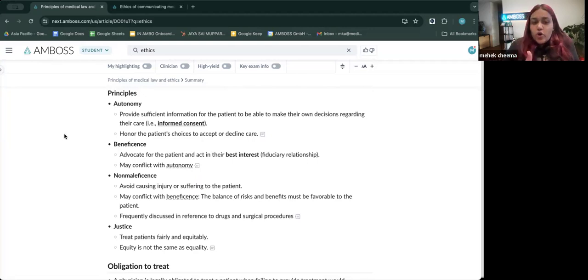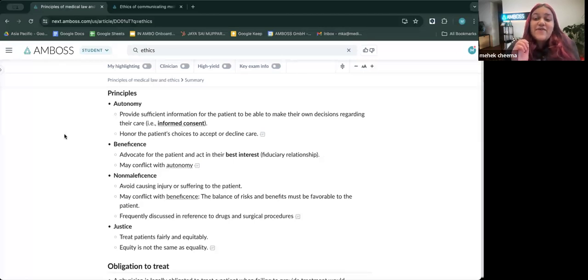So, one is autonomy. Autonomy means that the patient deserves and has a right to know about everything that is happening. What I mean here is put yourself in the same situation. If you were about to get a surgery and I said, you're getting a surgery, that's it. I don't tell you anything else about it. I don't tell you why I'm going to operate on you, how I'm going to do it, what can happen. You're not really going to enjoy this entire experience. You're already scared. You're already in a position when you don't know what's happening. And if I don't tell you what's happening, that's even worse.